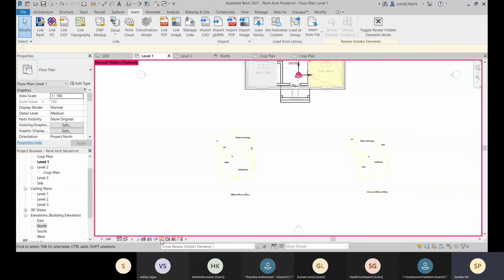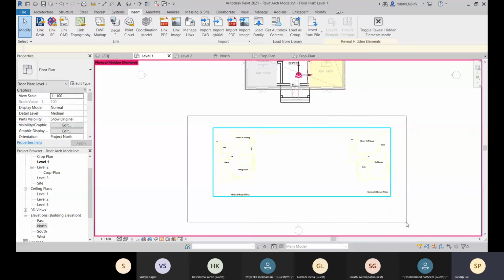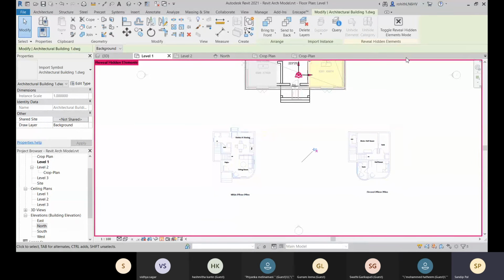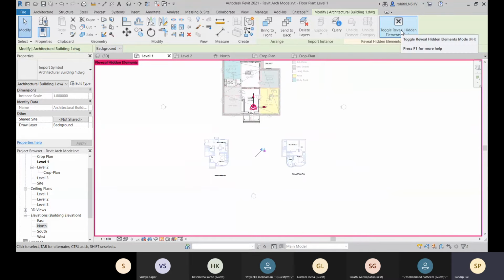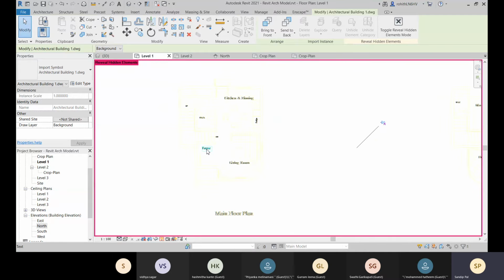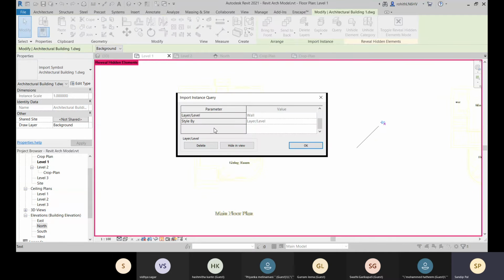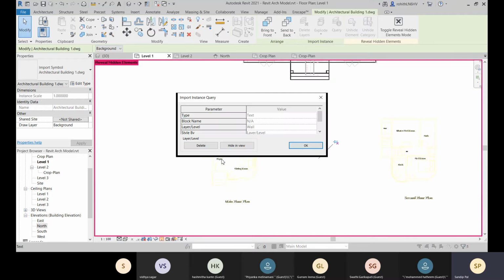Now come to this reveal option, and you select all of them and go for this toggle hidden element over there. Okay, or come to this query, and now let's select this, and these are all right. Click on OK.